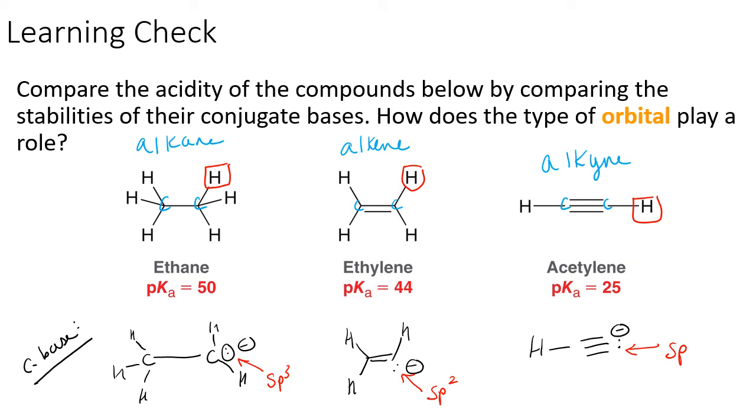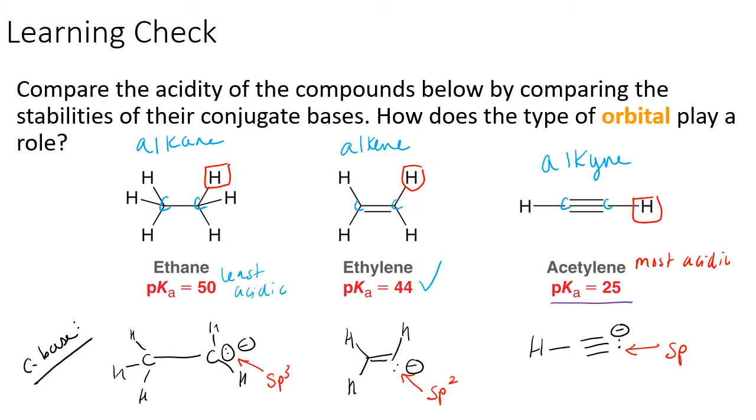So we can see that acetylene is the most acidic because its hybrid orbital is sp, and that can stabilize the negative charge of the conjugate base the best. It has the lowest pKa, 25, which honestly isn't even super acidic, but remember, it's all relative. Next, in the middle of the road, we would have ethylene,